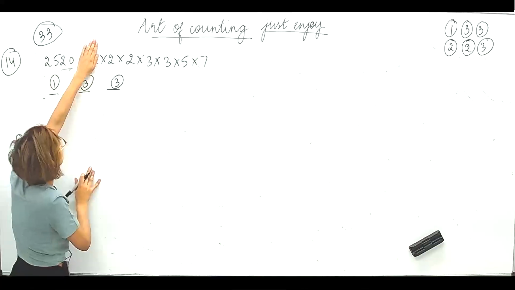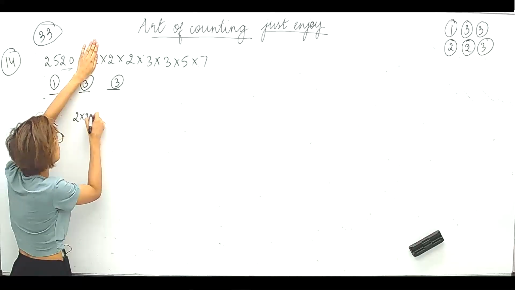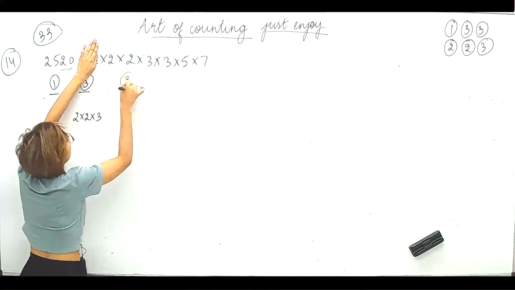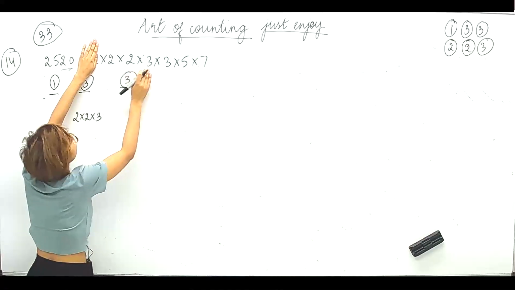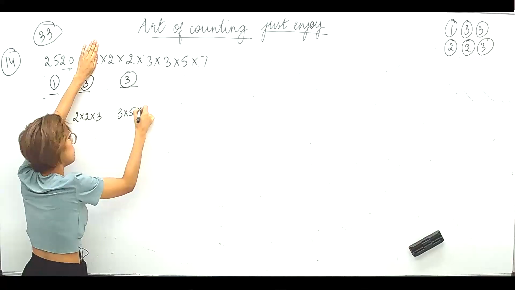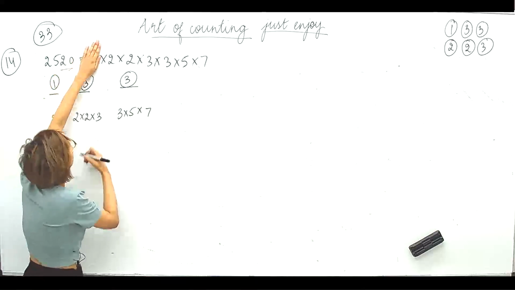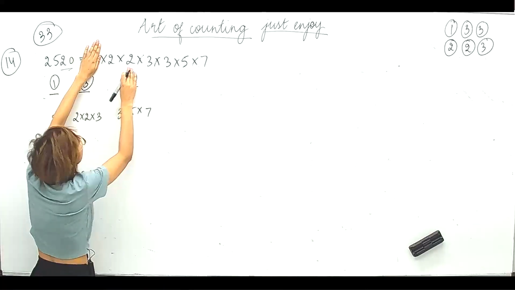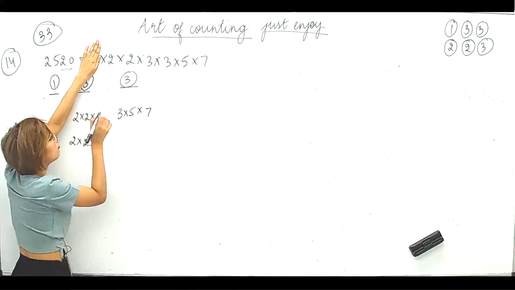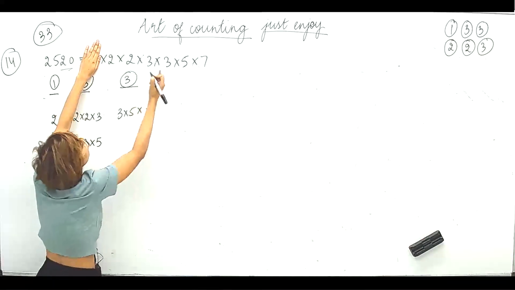So 2 मैं already ले चुकी हूँ. Now 3. So 2, 2, 3 से start करें. 2 into 2 into 3. Right? And here. Okay. So 2 into 2 into 3 हो गया. So 3 into 5 into 7. 3 into 5 into 7. First case. Now 2 again. So now 2 into 2 into 5. 2 into 2 constant रखो. Into 5. So what I'm left with? I am left with 3 into 3 into 7.